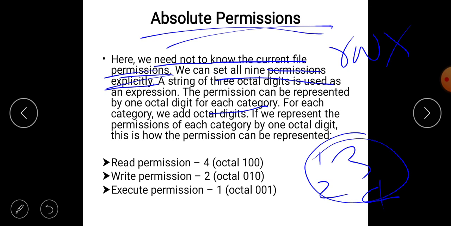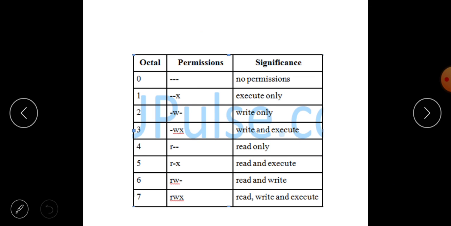There is a table I am going to show, in which you can see the octal number for each permission. The first column is the octal number, the next column is the permission, and the next is the significance.